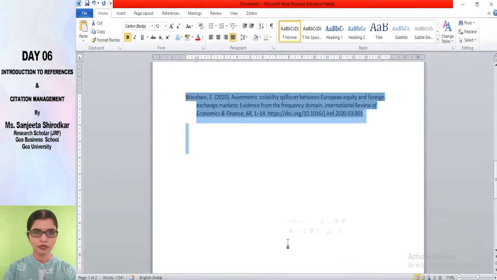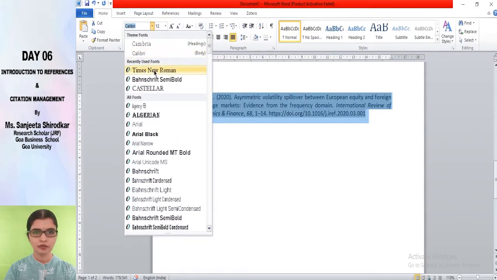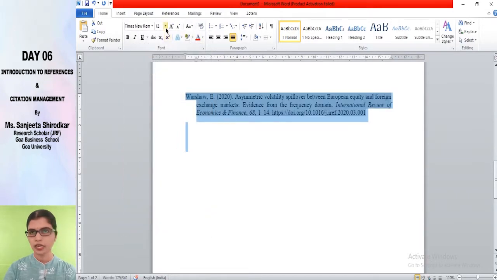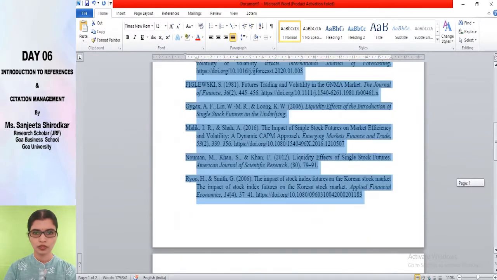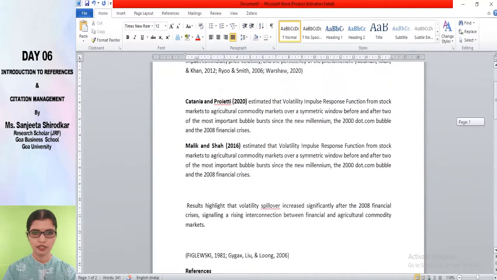You could always format it to look more decent. You could change the font styles. You could change the size of the font as well. So here now there might be a possibility that you need to carefully cross check it. There might always be a possibility that there might be some errors with that, so you will have to carefully cross check it and see where it is.